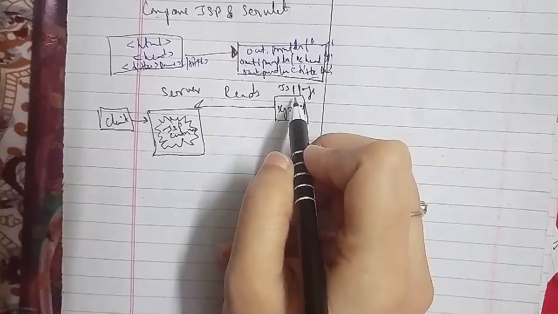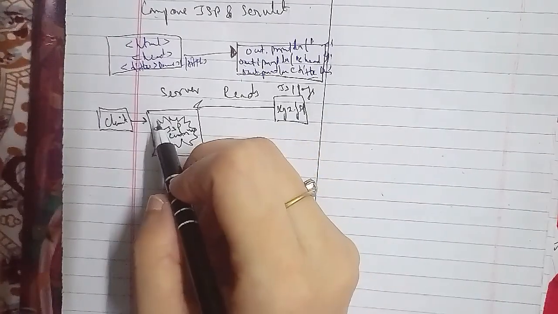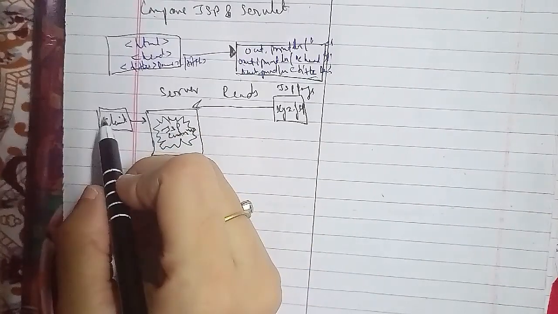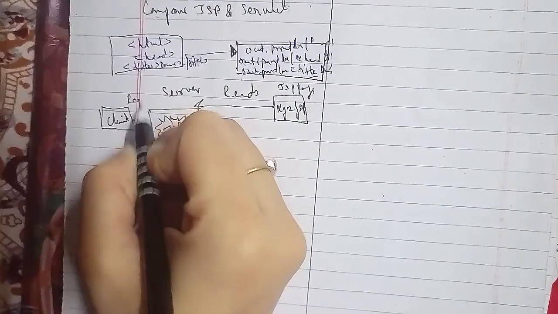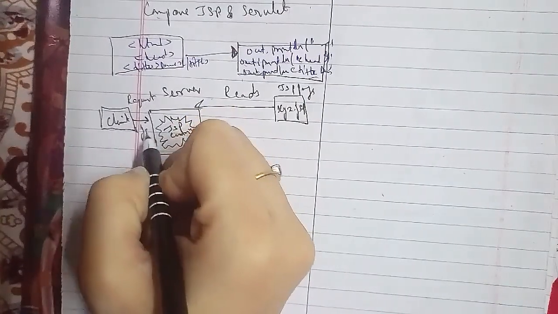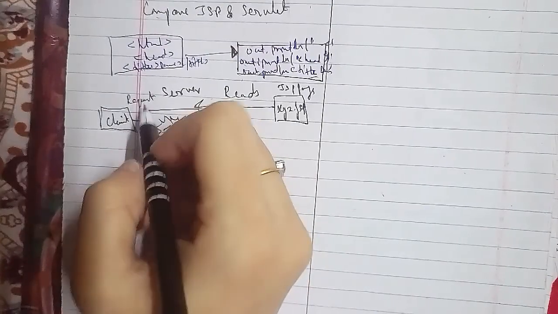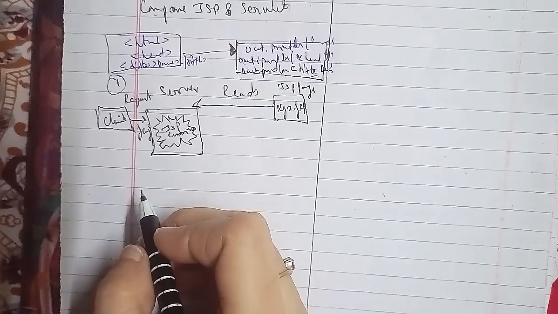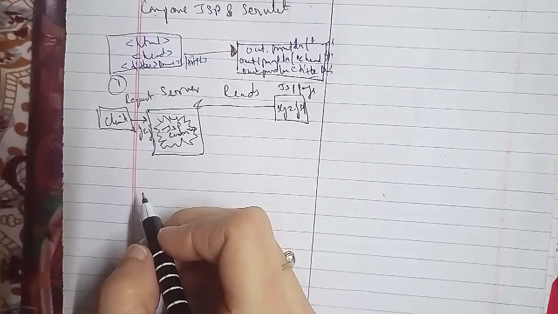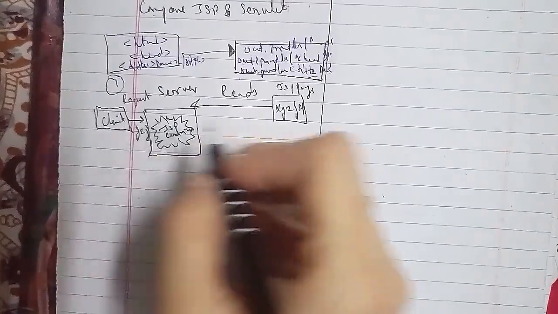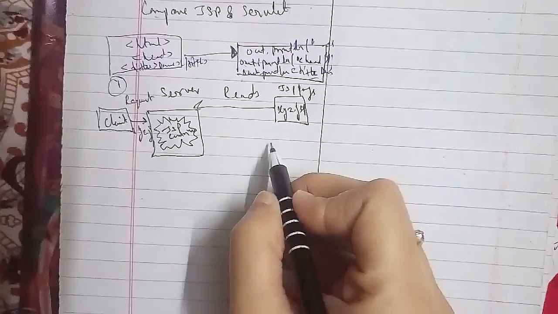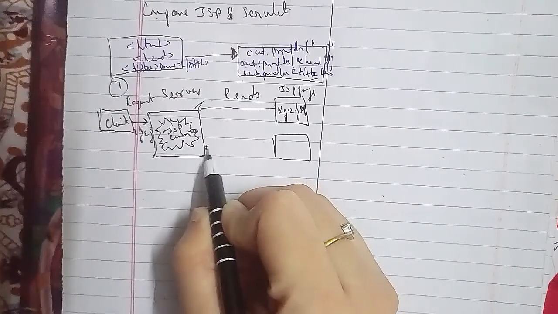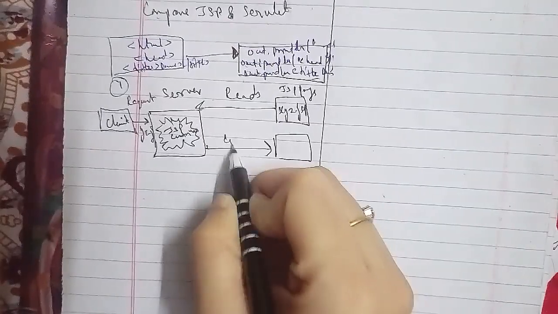Okay, this is the first process, and after that we have another one. This is the first step as I told you, and the second one is from the JSP server. This is where the JSP server container generates XYZ servlet dot java. This is the servlet, and these two are your translation phase, which is the second phase, and then it gets